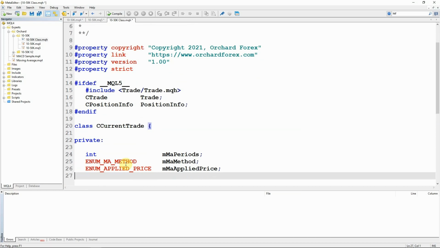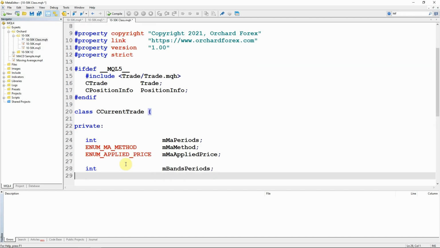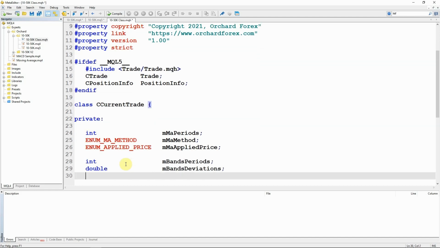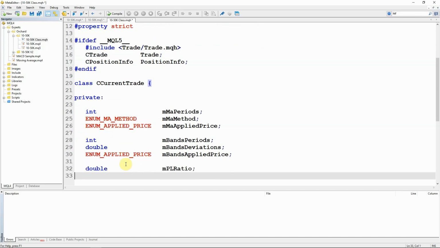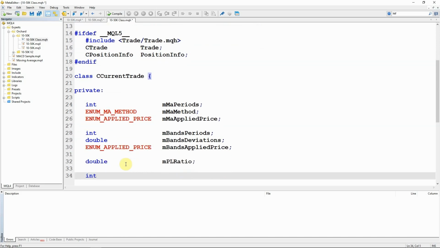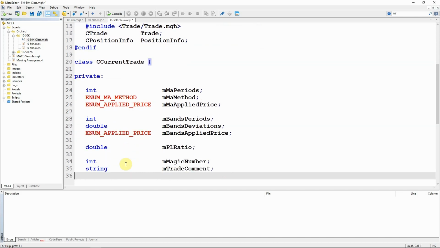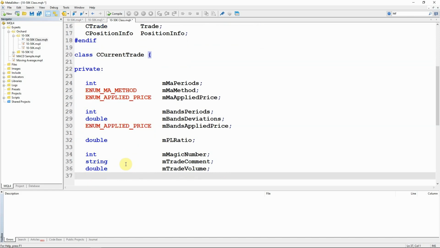I generally begin these variables with M to indicate that they're member variables. Then the same for the bands values: periods, deviations, and applied price. The profit and loss ratio. Then the magic number, trade comment, and trade volume.